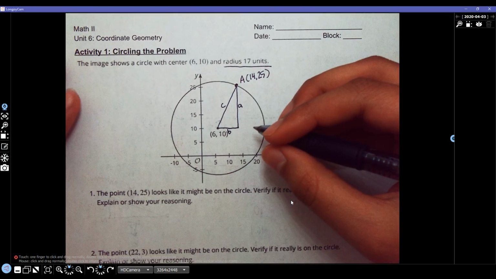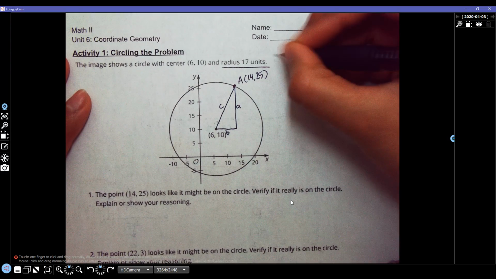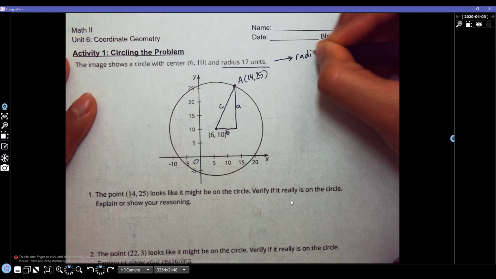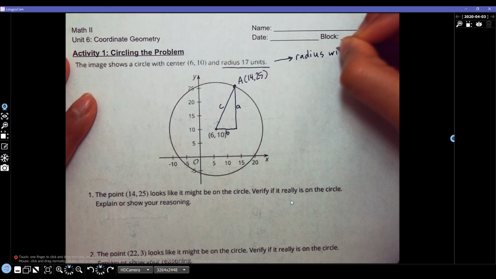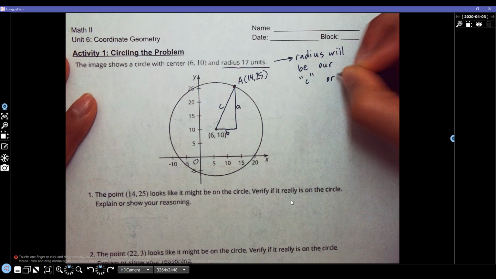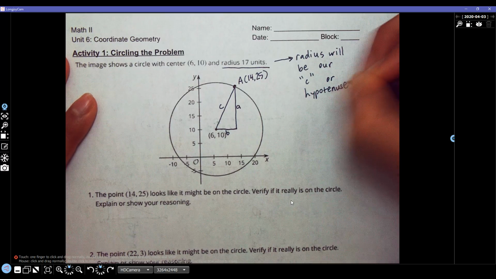And in this case, it also happens to be our radius. So I'm going to write that down over here as a little arrow: radius will be our C, or hypotenuse, in